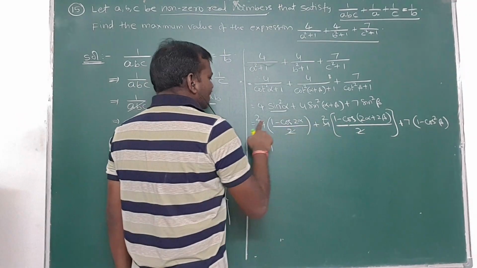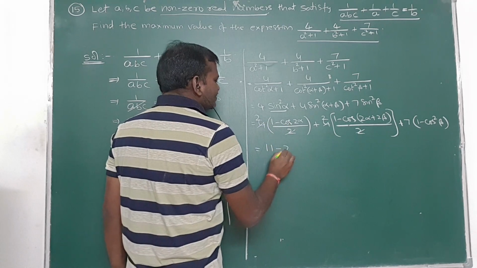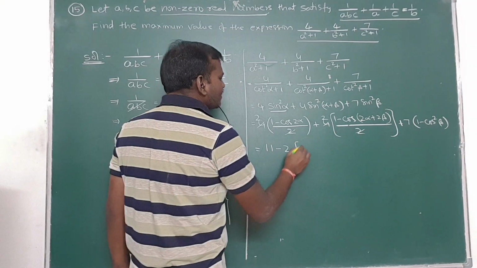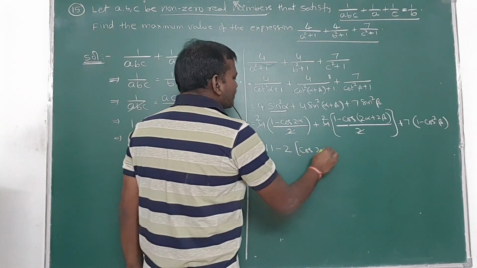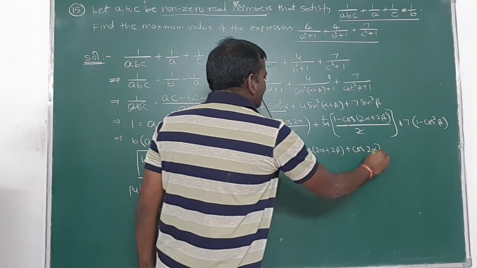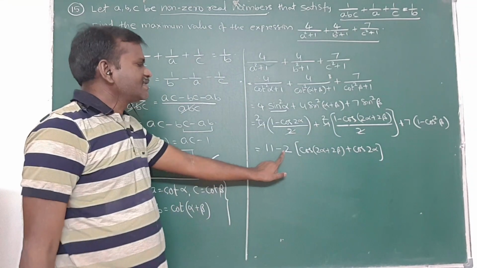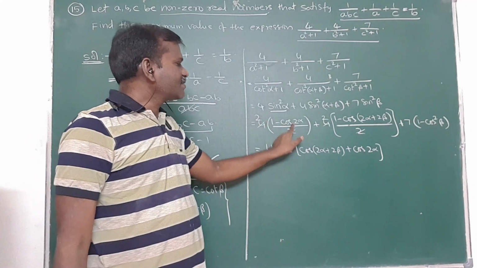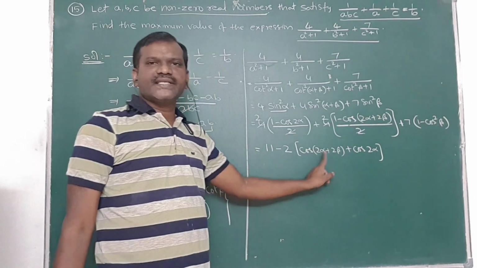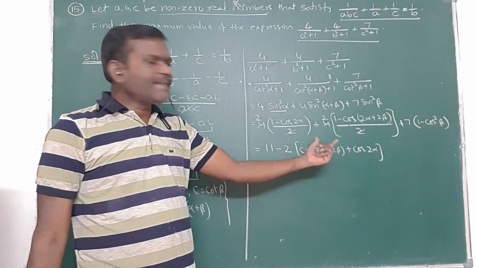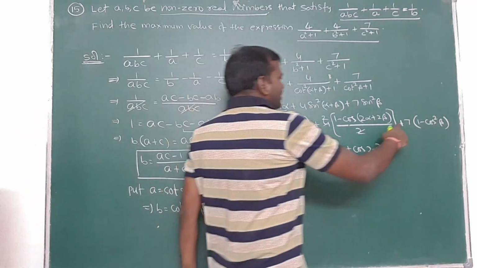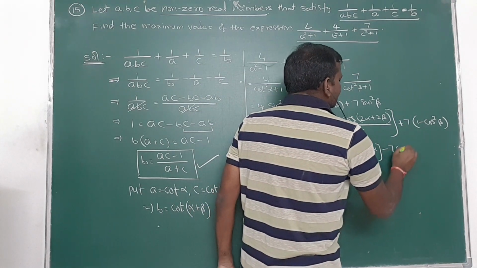In these two terms, here it is minus 2 cos 2 alpha, and here it is minus 2 into cos of that one. Minus 2 is taken as common. I am getting cos 2 alpha plus 2 beta plus cos 2 alpha here. In these two terms, if minus 2 is taken as common, I am getting this sum. Why? Because again I can use the cos c plus cos d form. That's all. So here it is left with minus 7 cos square beta.